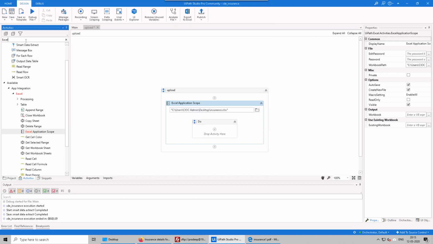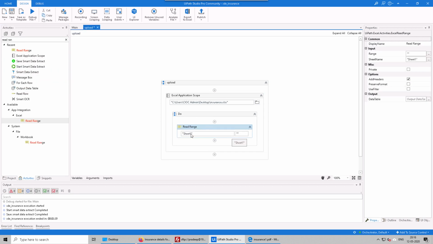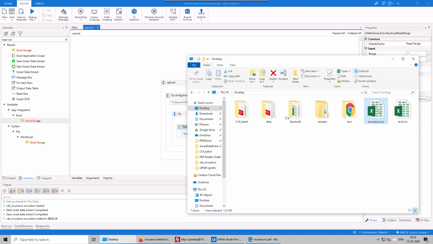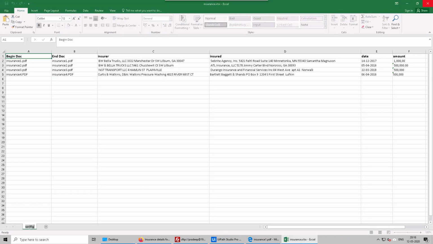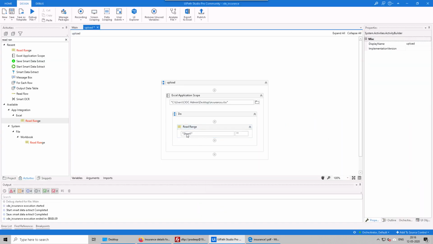And we will iterate over row by row. So for that we have to use the read range. So let's just open it once again, and you can see the file or the sheet name is config. So let's change this default value sheet 1.